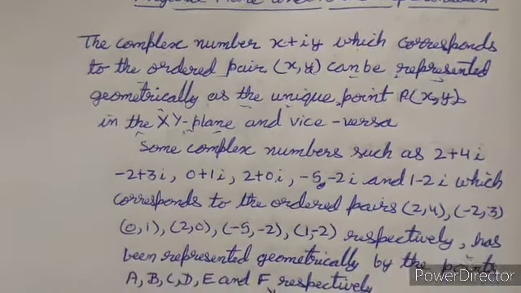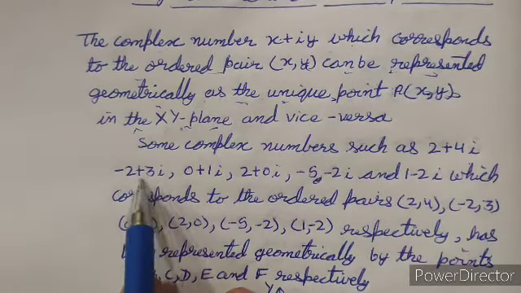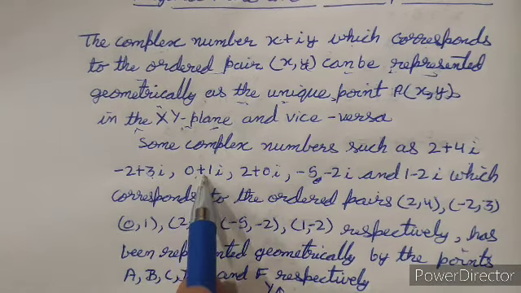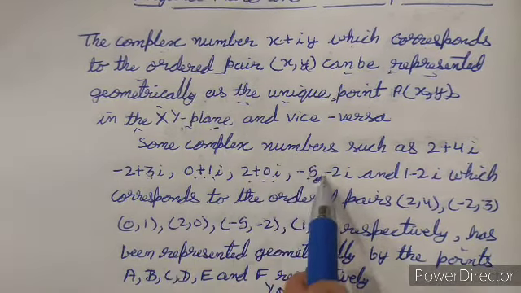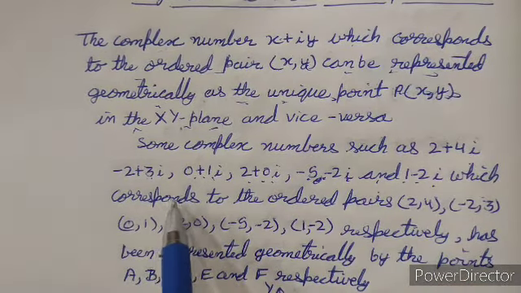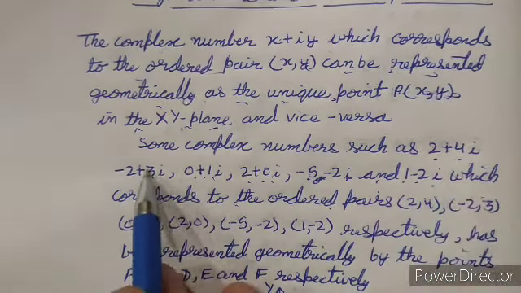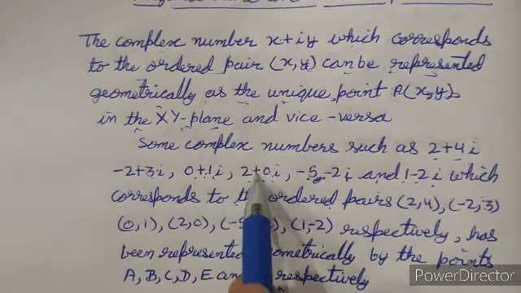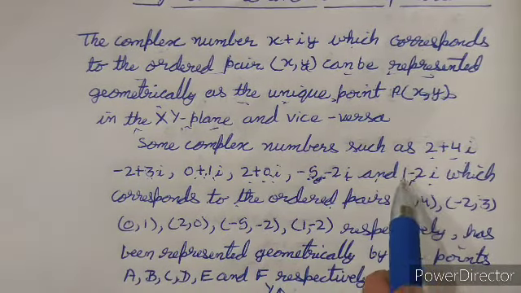Now some complex numbers such as 2 plus 4i, minus 2 plus 3i, 0 plus 1i, 2 plus 0i, minus 5 minus 2i, and 1 minus 2i correspond to the ordered pairs (2, 4), (minus 2, 3), (0, 1), (2, 0), (minus 5, minus 2), and (1, minus 2)